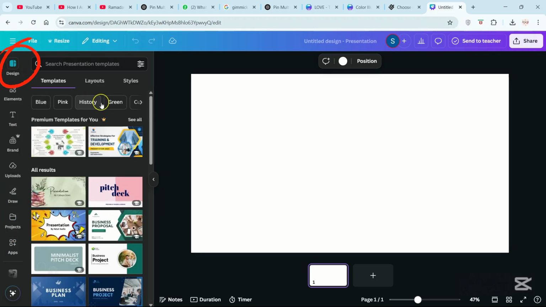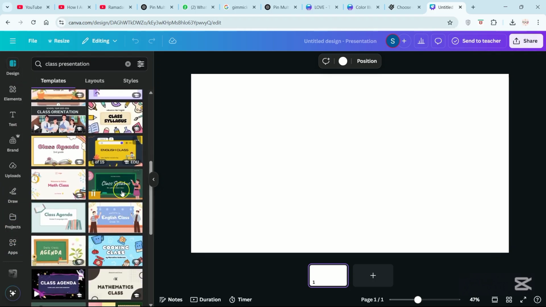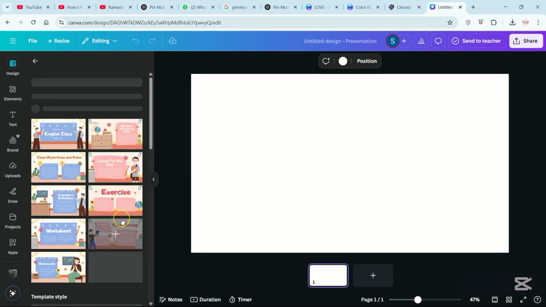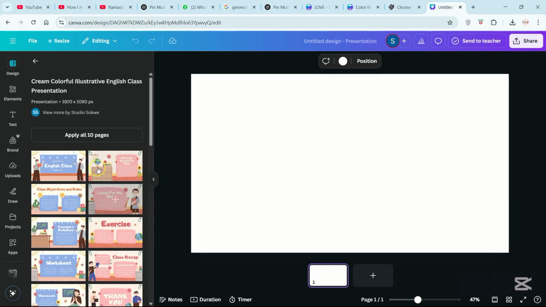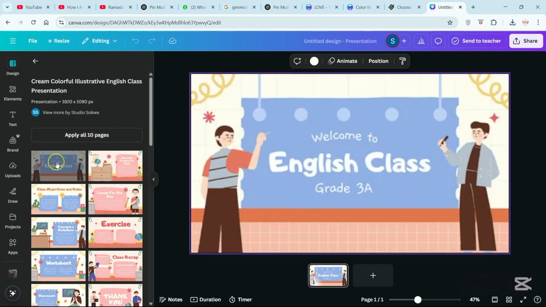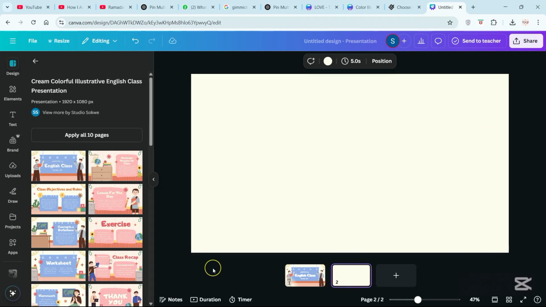Now, moving back to the design tab, here you can see we already have pre-designed templates. So, select a template and add it to your canvas. Now, let's say here in this template, you only like this first page. So, let's click on it. And now you can see this first page is added. Now you want to add another page from some other template. So for this, what you have to do is click on this plus icon at the bottom, and now you can see a second page is added.